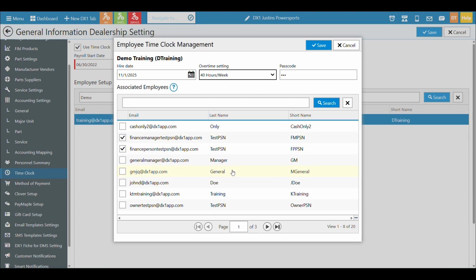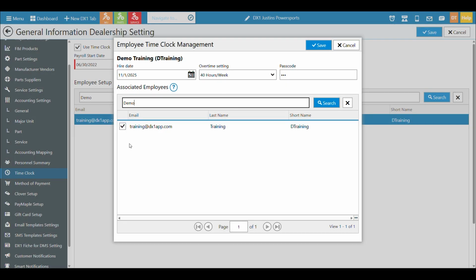and then you can search other employees if they are going to be responsible for managing employees. If this was a manager and these two users were in my department, I would want my system admin to have them checked so that I can update if they miss clock ins or clock outs, see them on reports, things like that.